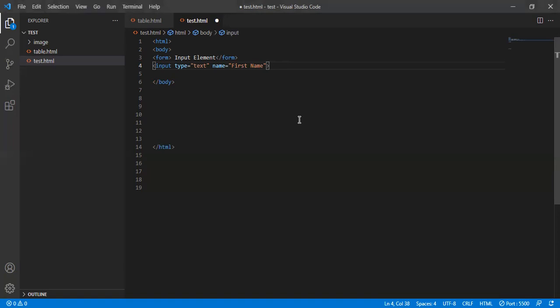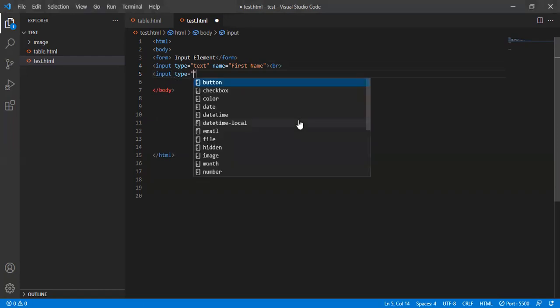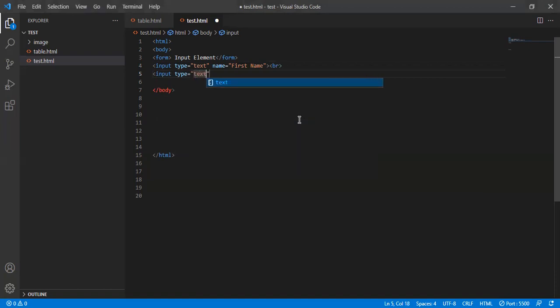Give it a tag to break these. It's a BR. Close it right away. Click on enter. So let's give it another input. So input. We're gonna give it an input type of another text again. Give it a text. Well, the same thing. Text name. Give it a name of last name. So we give it a last name,